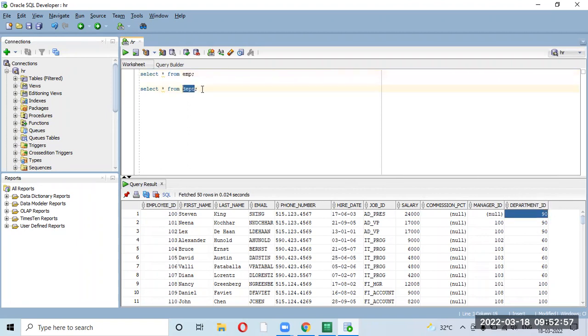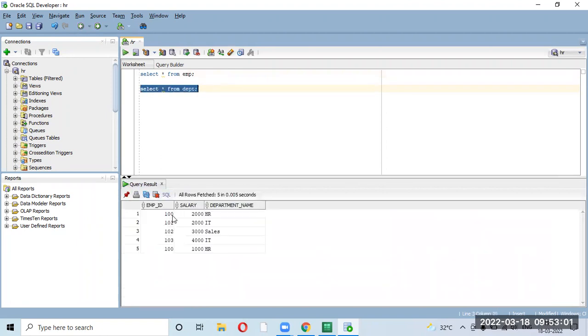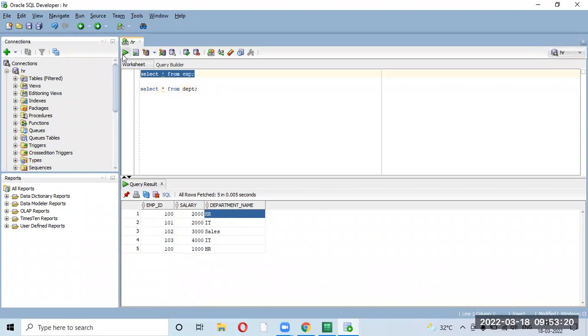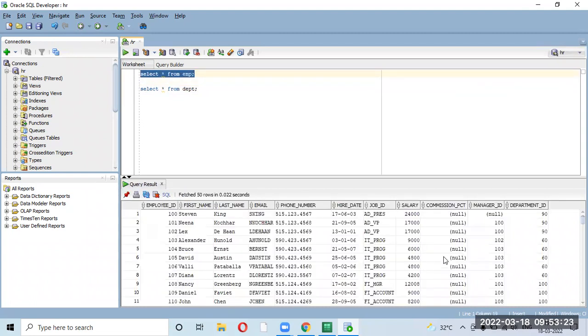There is another table, called the department table. In that department table, the same employee ID 100 is there for Steven, and the department name is HR. So seeing this table, you come to understand that this department is HR. But here you are only able to know the ID, and with the ID you are not able to understand exactly what department he is working in.